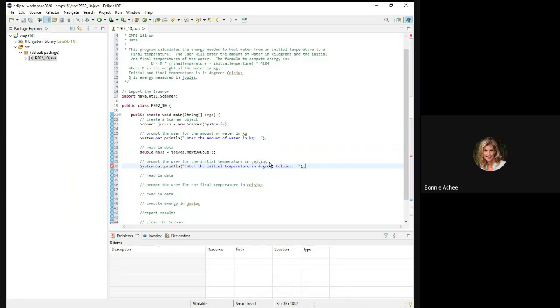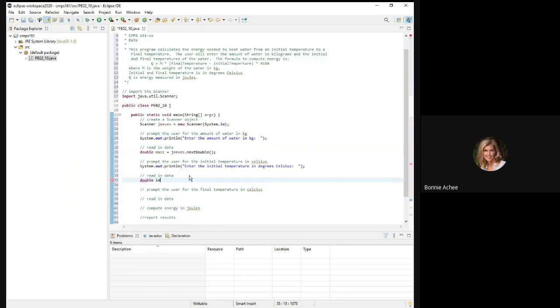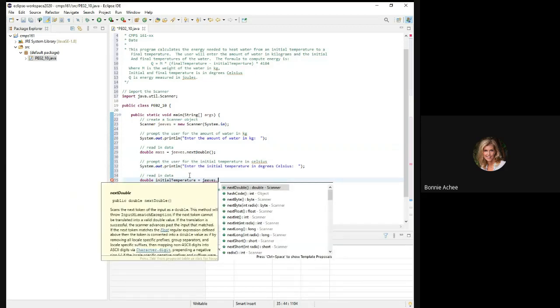So I'm asking for the initial temperature in degrees Celsius, and I have to go get that piece of data. Once again, I need a new variable, a double, and I'm going to call it initialTemperature using my camel case. And into that, I need to send Jeeves to go get the next double that the user